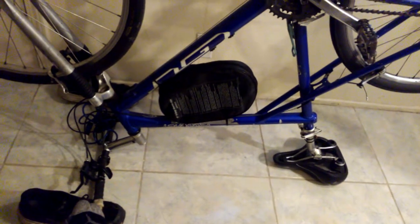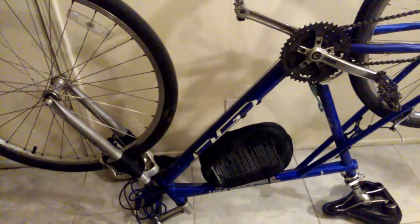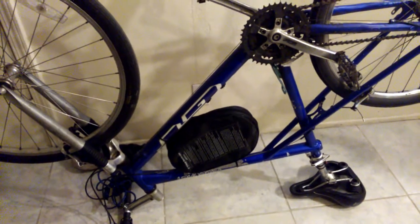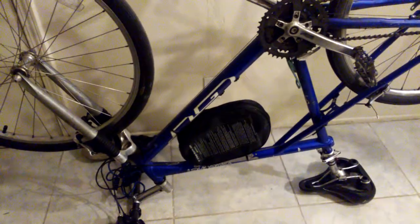Number 1, used versus new. Is a new bike worth it? That's a tough call. You can find a lot of used bikes in pretty decent condition. This bike, brand new, probably cost about $300. I picked it up used for $40. And the only thing I've bought for it is...